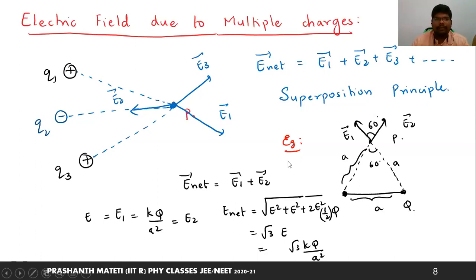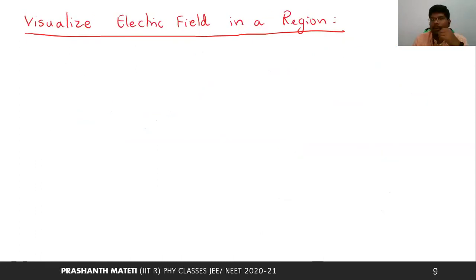Okay, and next. We are saying that the charge produces an electric field in the region. Then can we see it with our eyes? No, it cannot be seen. It is imaginary, a concept introduced by Faraday so that we can explain how things happen. In order to explain why this charge exerts force on this one, this concept has been introduced.